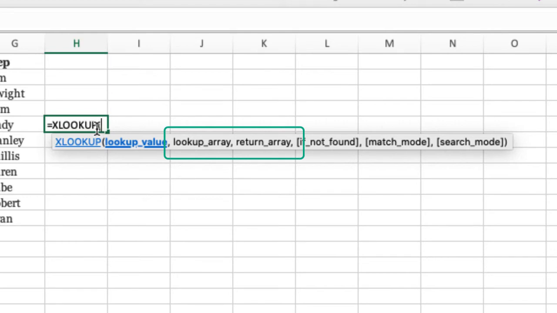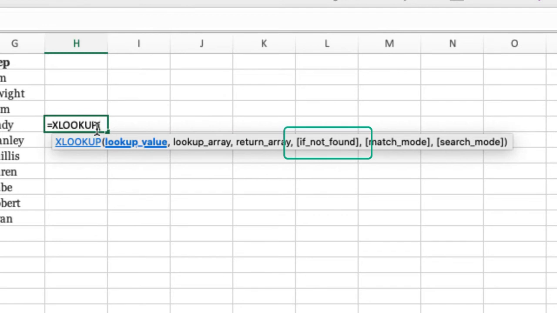If you recollect VLOOKUP, we had to give a single array which included both the lookup array and the return array. That is the column in which the values need to be looked up and the column in which the values need to be returned. And the assumption was that the lookup array is the first column of the given array. That assumption is no longer required here. This makes XLOOKUP very flexible.